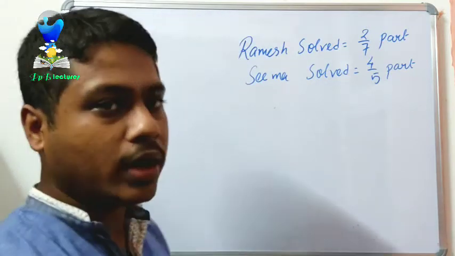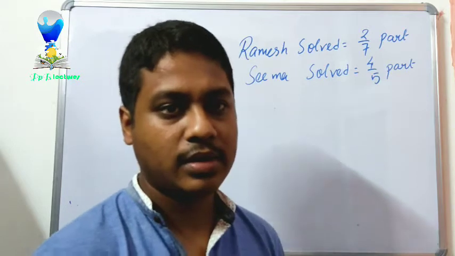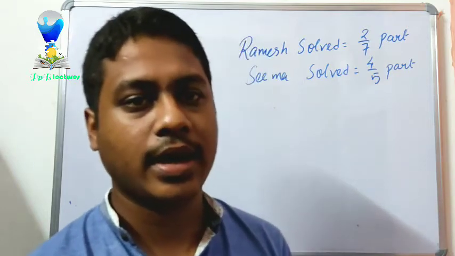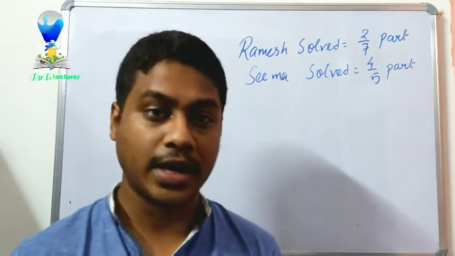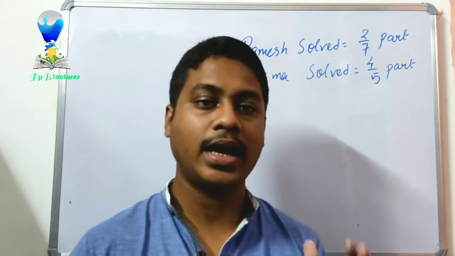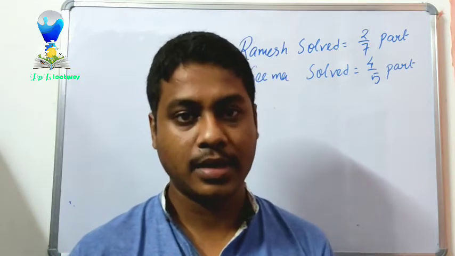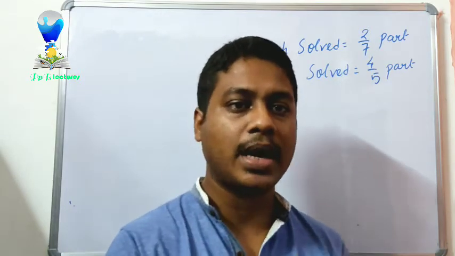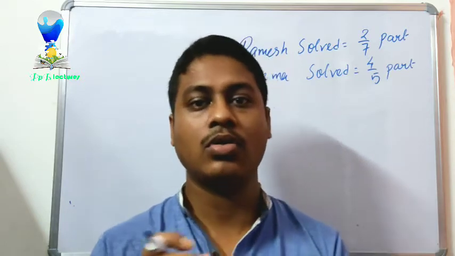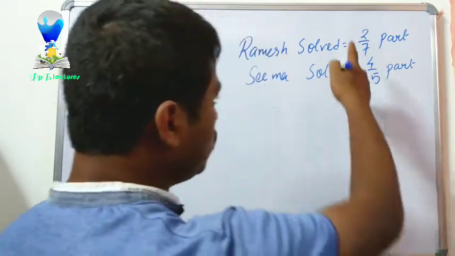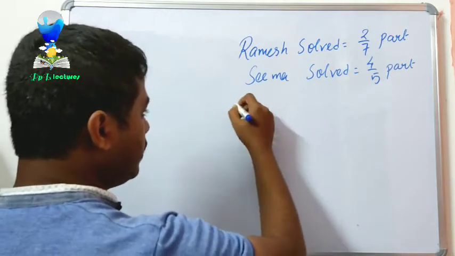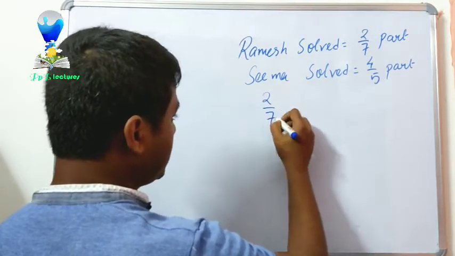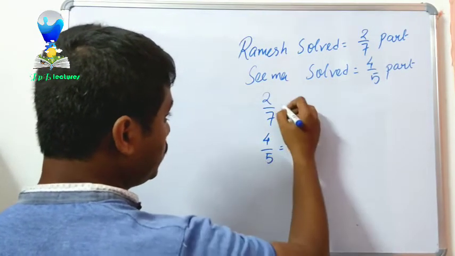Now for knowing which one is lesser and which one is bigger, first and foremost, ठीक है, एक चीज याद रखना, जब भी लेसर दैन या ग्रेटर दैन का वैल्यू निकालने के लिए दे इन अ फ्रैक्शन, फर्स्ट यू कन्वर्ट दैट इनटू अ इक्विवेलेंट फ्रैक्शन. ठीक है, पहले उसको इक्विवेलेंट फ्रैक्शन में कन्वर्ट करना होगा, देन उसी के बाद ही हम लोग कंपेयर कर सकते हैं कि कौन सा बिगर है एंड कौन सा स्मॉलर नंबर है. तो यहां पे जैसे ये 2/7 और 4/5 दिया हुआ है, तो 2/7 को इक्विवेलेंट फ्रैक्शन करते हैं.